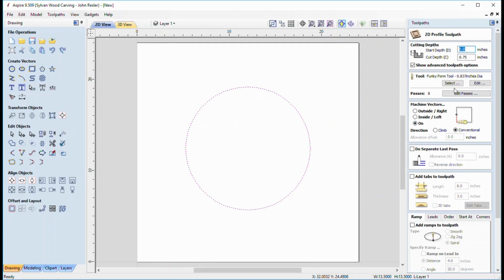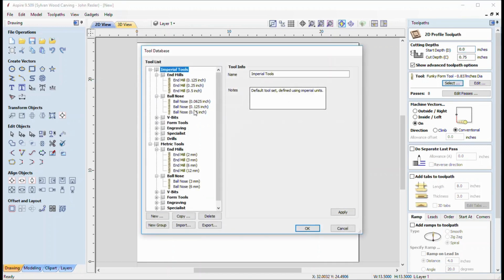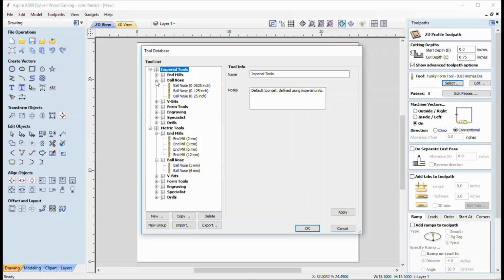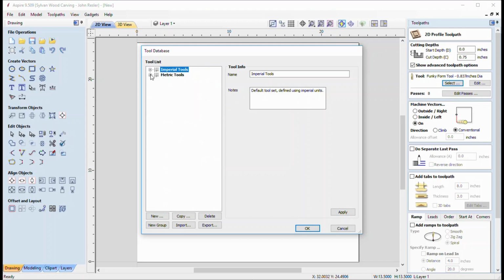And it's going to ask me to select which tool I want. Now you'll notice that it's saved in the preferences the funky form tool, which I created in the previous video. In this video, though, that one should not be available. And if we look, it's not. We're right back to what the basic installation gives us: imperial tools and metric tools. Okay, funky form tool is not there.